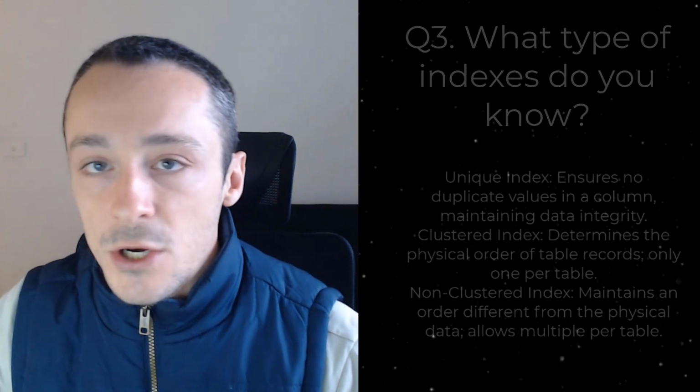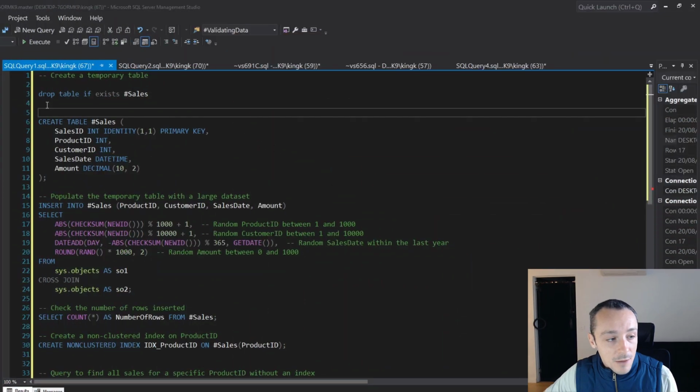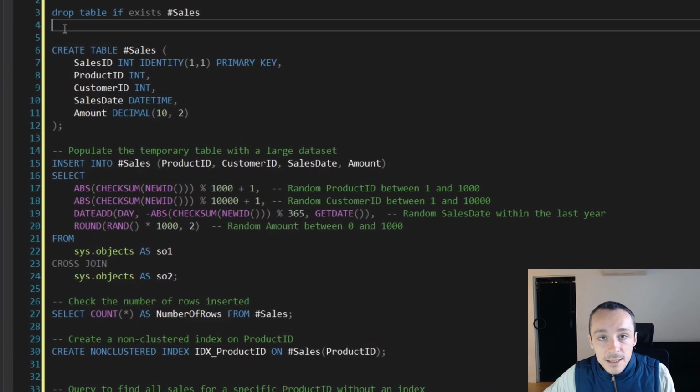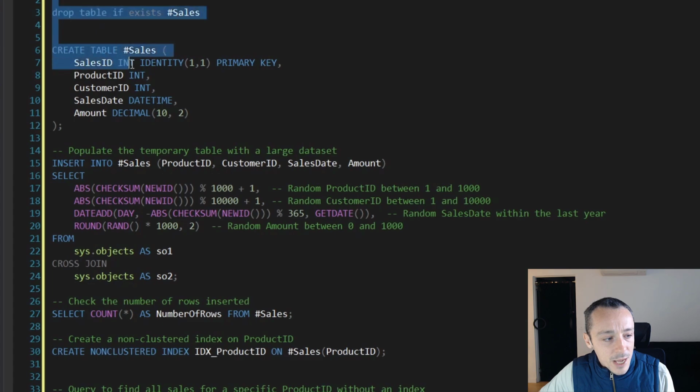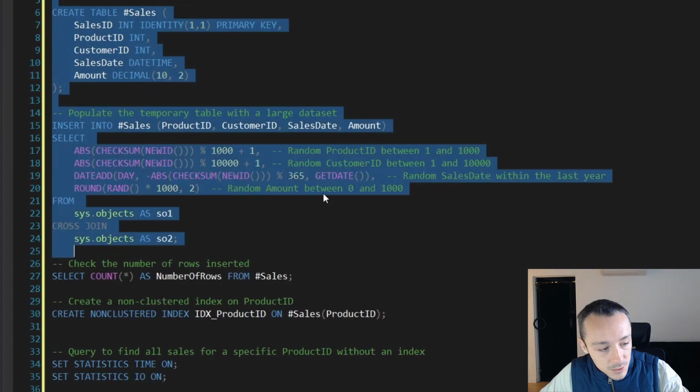Now, I just want a side note on this, and I think this is very important that you get a fundamental understanding of performance. I'm going to give you a quick demonstration, and this is by no means a proper course in performance tuning. This is just a demonstration. I've got some test scripts and you can copy these. I've provided this, they should be in the description. So if we create this table and insert there,